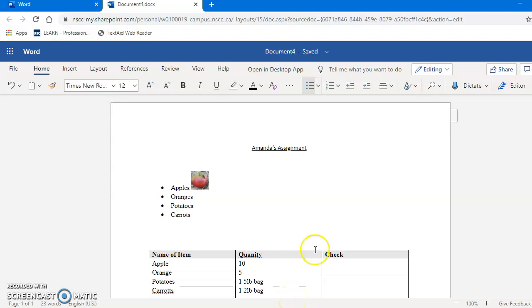So those are just some how-tos on how to use Microsoft Word. There's all kinds of other things that you can do here, but just in case anybody wants to use this for any of the assignments we're doing this year, it's always good to know how to use this application. So the next thing we're going to do is learn how to save